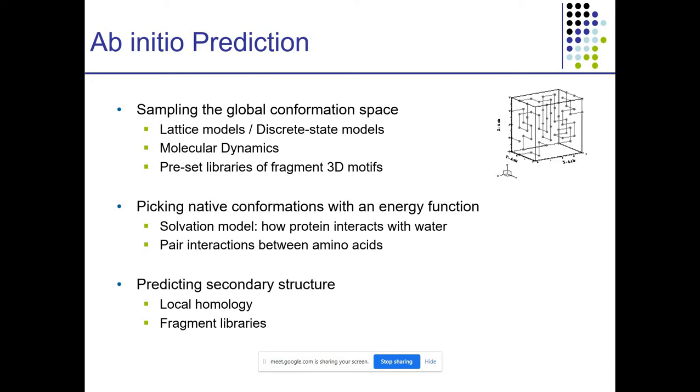and in ab initio prediction we also use the global conformation space, the lattice model, discrete state models, molecular dynamics methods, and preset libraries of fragment 3D models. These three methods are used for ab initio predictions. We combine all these three. So what we do in ab initio prediction: we have the unknown sequence, then we make fragments of that unknown sequence. We cut it down. Suppose for easy analysis there are 10 parts of the unknown sequence. Now we will compare each part of the sequence